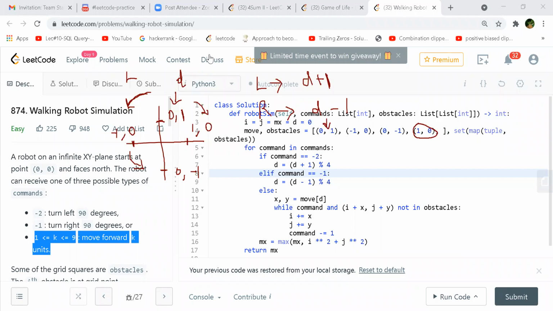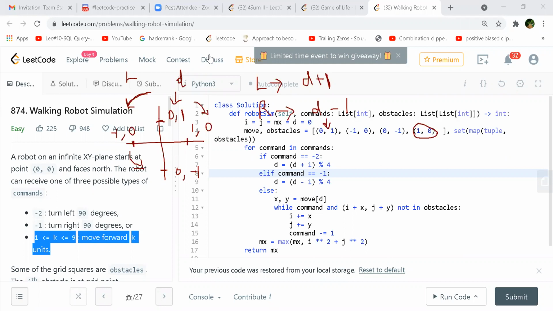Yeah, it will go to the next value, so it will be 1, 0 in that case. And now when we further get a value like 3, you are going to increment your x, because the last value is 1, 0. So you are going to add to I 3 times. Correct. So now at the end, I will be 3 and j will be 4.